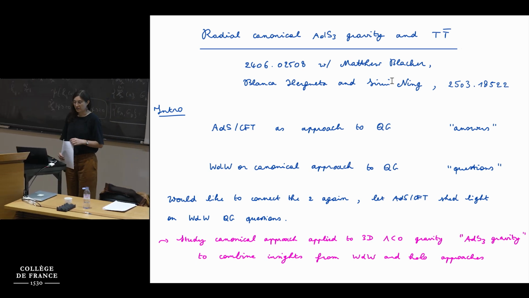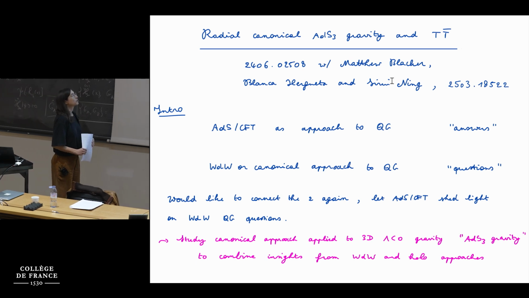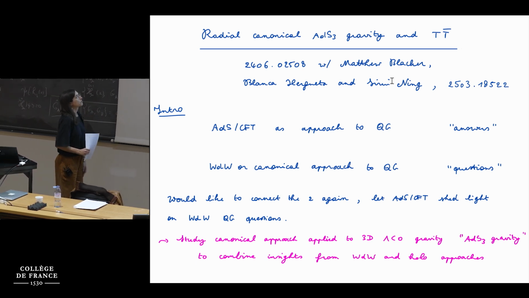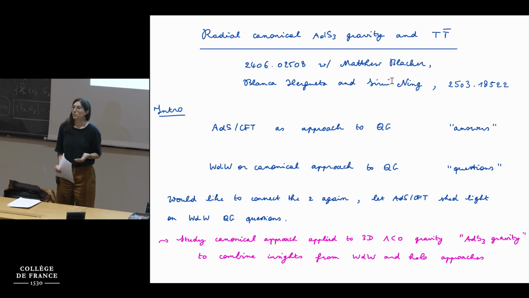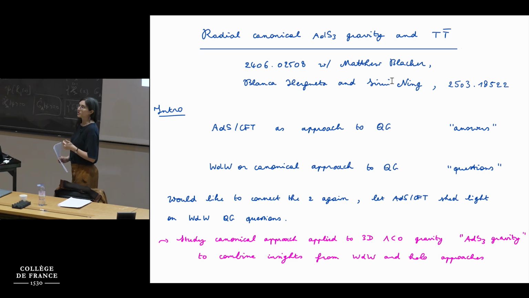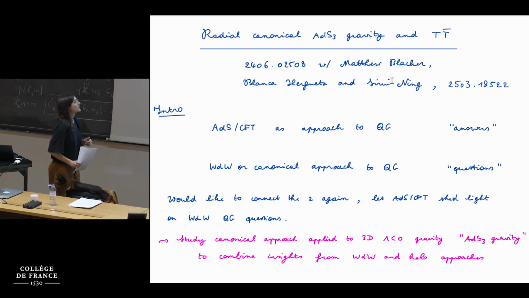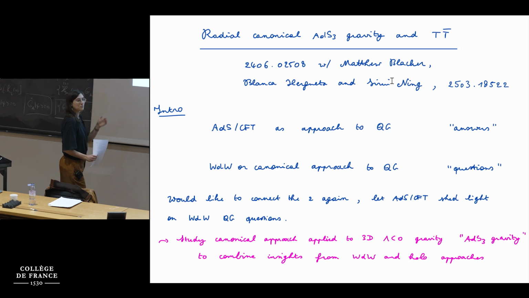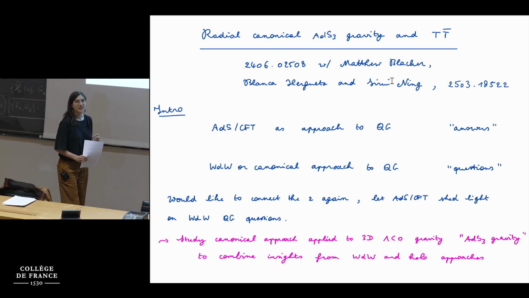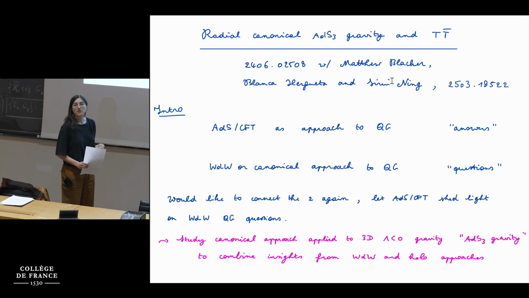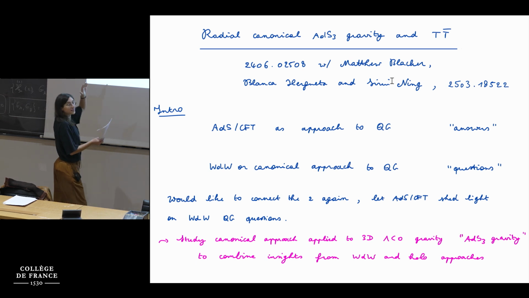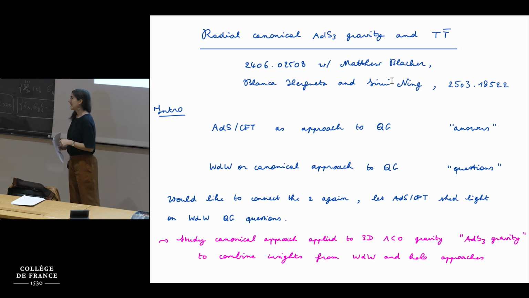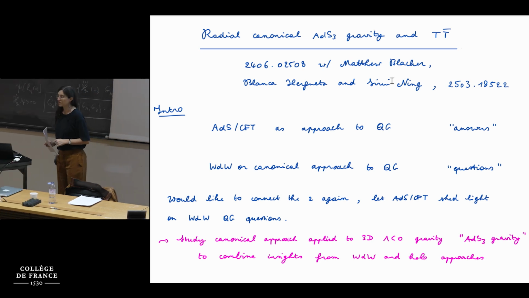Good, and then on the other hand, we have the more traditional canonical approach or Wheeler-DeWitt approach to quantum gravity. And in this original approach, you very quickly run into problems, most of them related to the treatment of time. Good. So in some sense, Wheeler-DeWitt tells us what the questions are in quantum gravity, and somehow AdS/CFT knows what the answers are. So it's natural to want to connect these two approaches again in the hope that we can connect answers to questions.